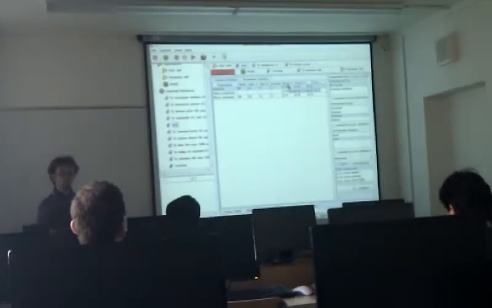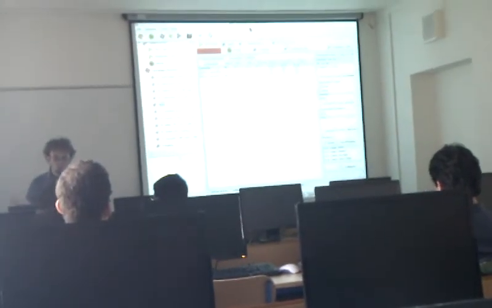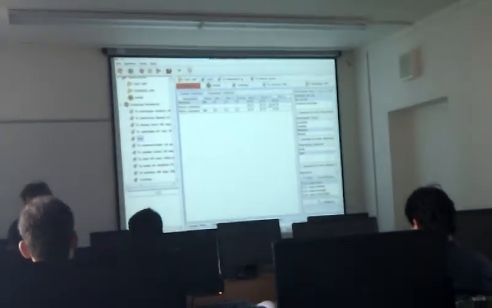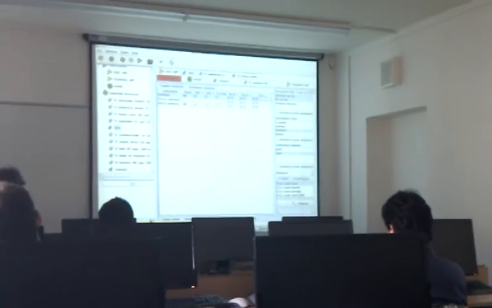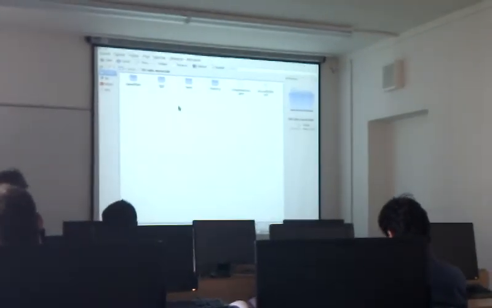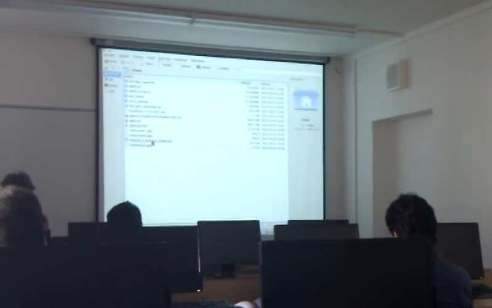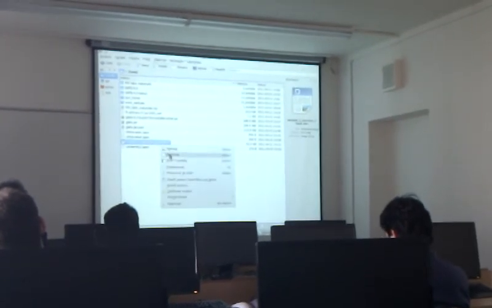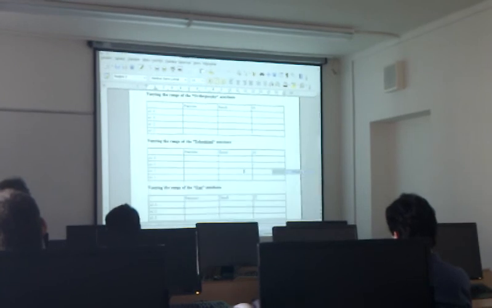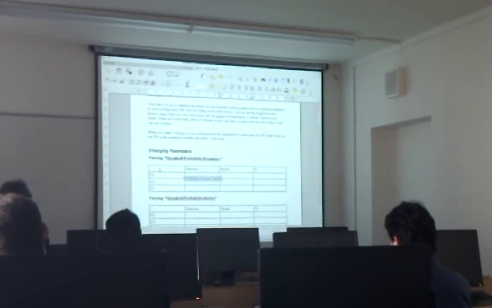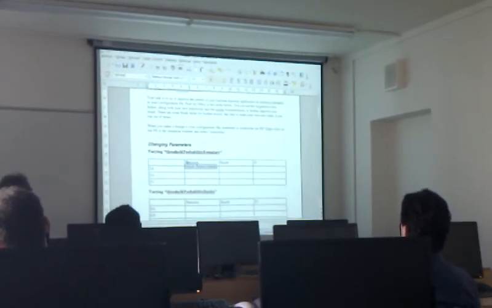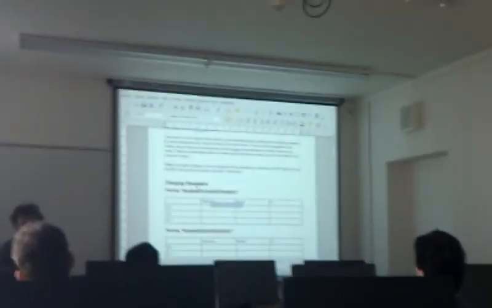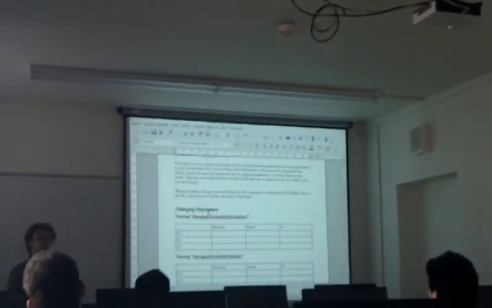How good the comparison is, how well it runs. So this result, these values that you have here, you will write down in this document. In this document, you write down your name, surname, and here you write down the result. You can see here that you should also change parameters of the configuration file for the